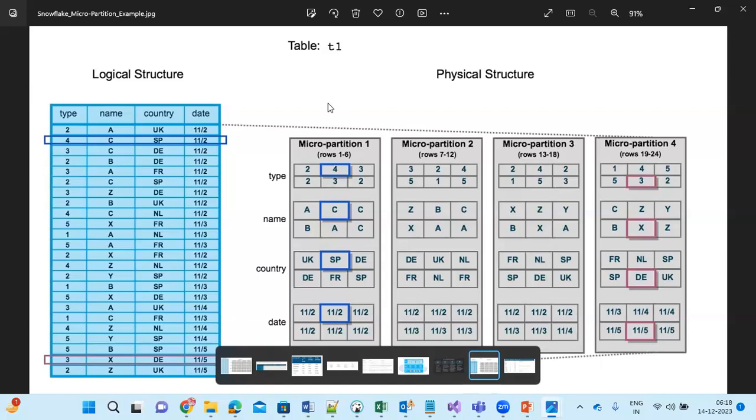So they have introduced a concept that it will use the metadata information, go to the particular micro partition where the particular record is available, scan that particular micro partition, and bring the data. By doing this, automatically you can see very good performance improvement in all your SQL execution. So this is the one step, and then second step is